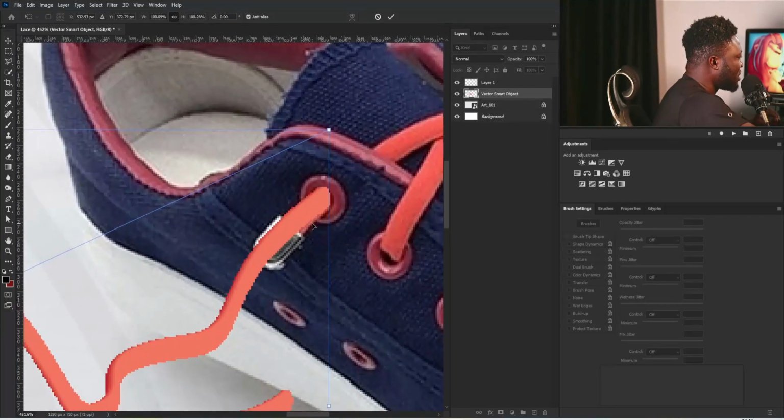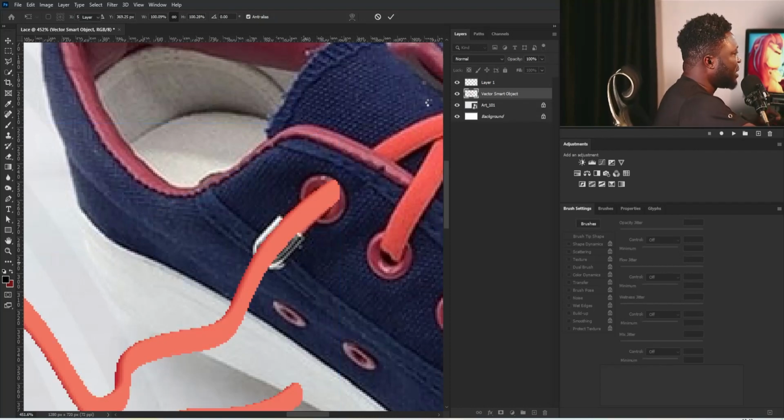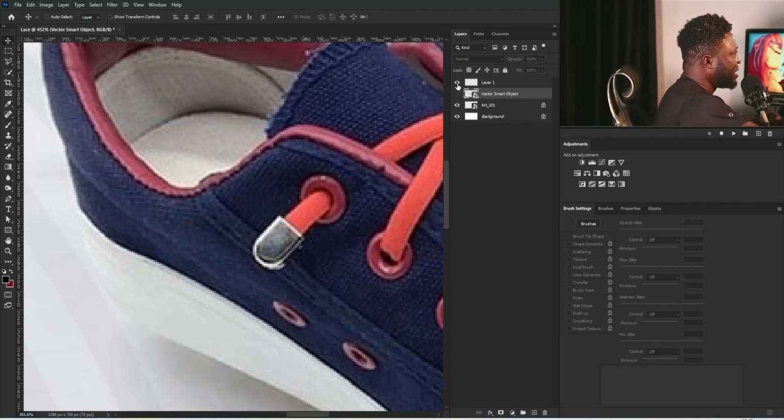Okay, we still need to move this in a bit, so we're going to put it just about here. All right, so I'm going to hit the enter key now, and I'm going to hide this for now. All right, and I'm going to make a copy of this, but first I need to unlock it and create